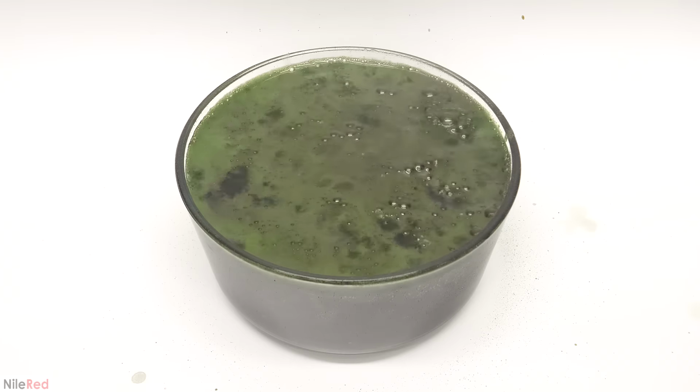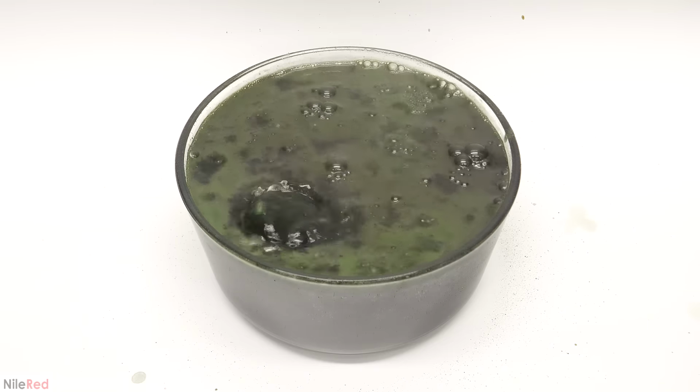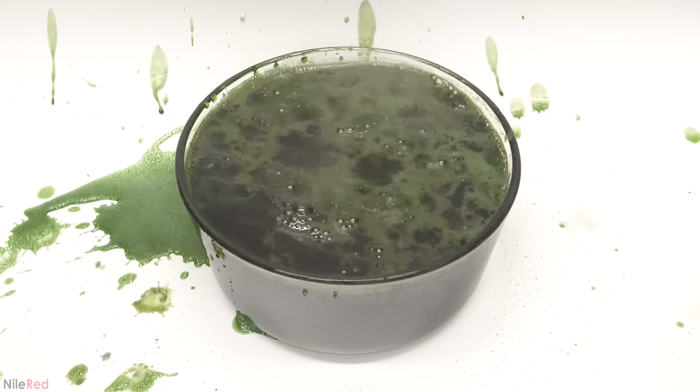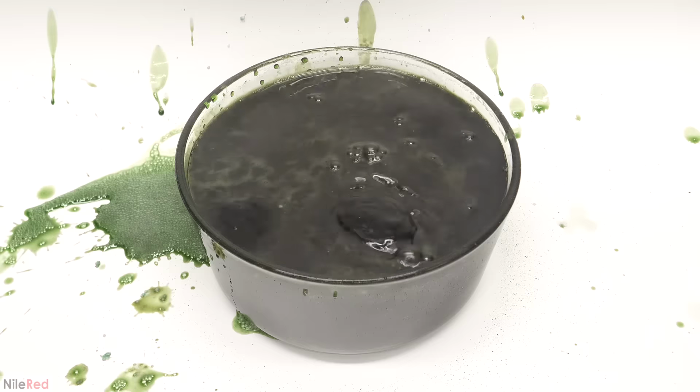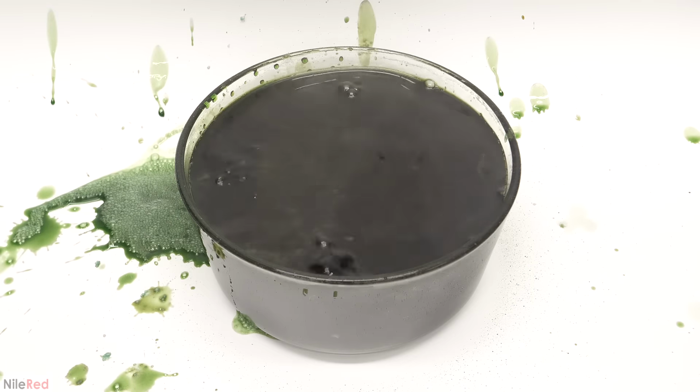With the next few additions, it actually kind of seemed okay, but then on one of them, it decided to pop and make a mess. This was really not surprising, and I kind of thought this would happen. To clean this up, I rinsed the paper and added the water to the bowl, and then I let it